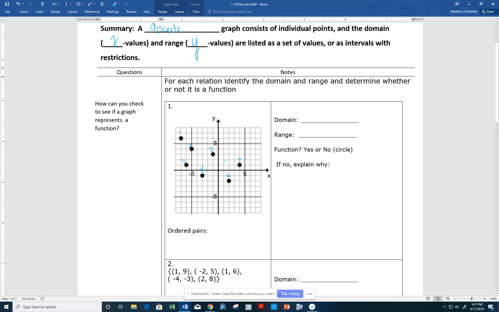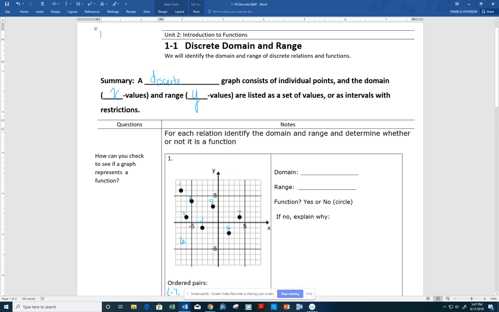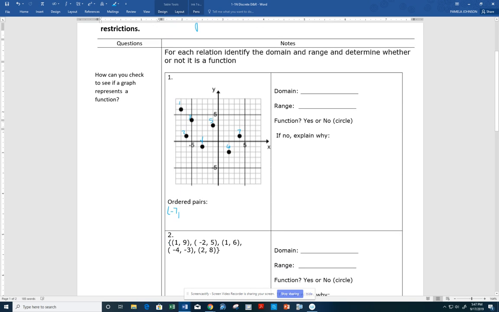Just so you see, we have 7 points, and when I write the ordered pairs, I'm going from point 1 to 2 to 3 to 4 to 5, 6, and 7. You don't have to number the points. I just did to make it a little easier, so you know where I'm starting. So number 1 is at -7, 6. And number 2